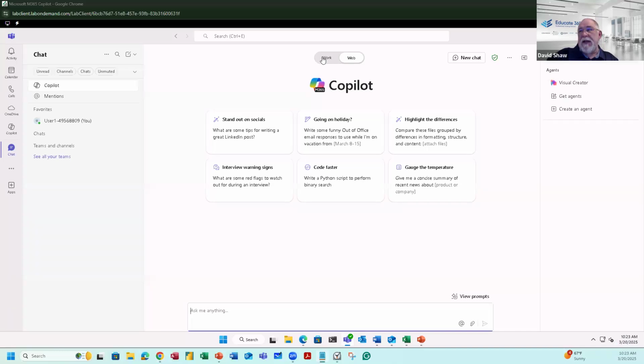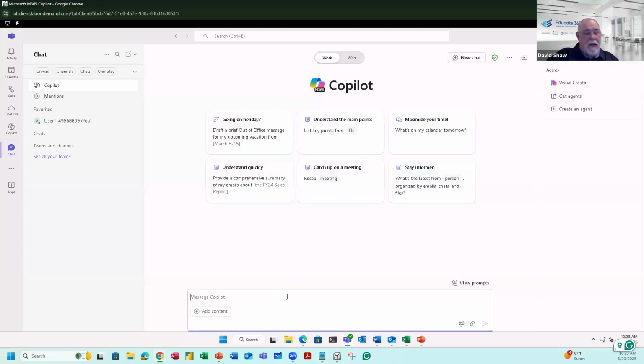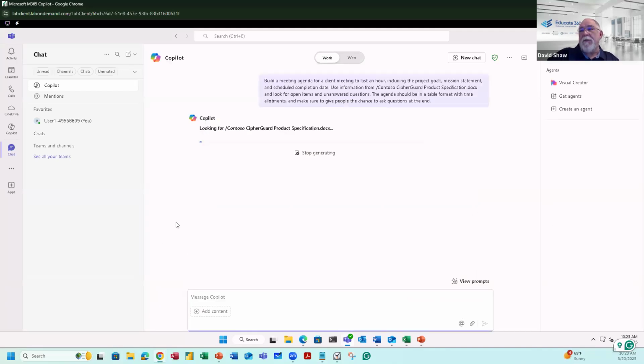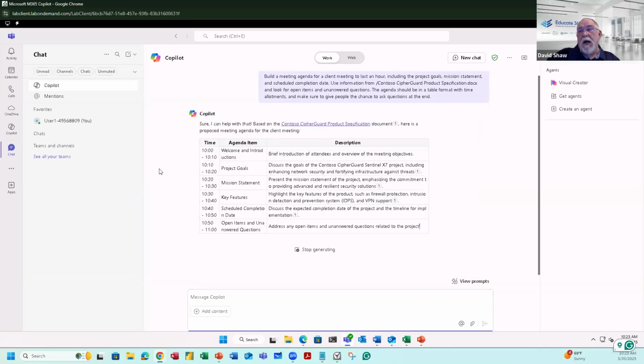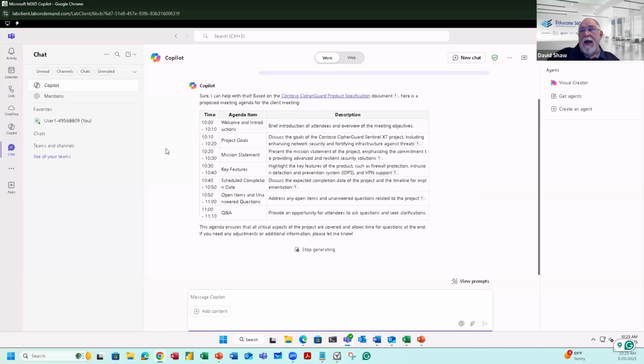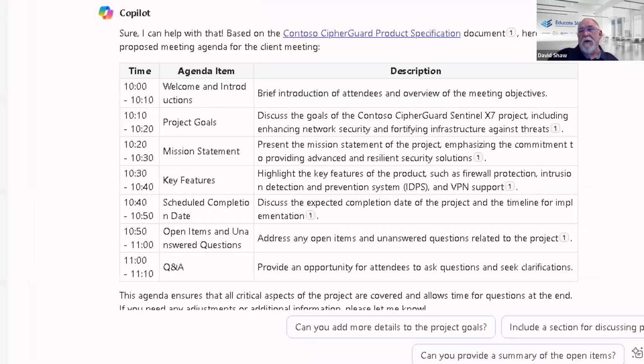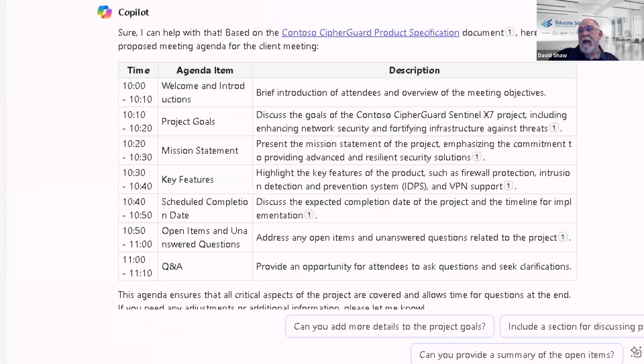Let me do this, and let's do that, and copy that one in. And I'm going to hopefully build an agenda that I can put into a Word document. So I built this off of Contessa CyberGuard product specification document. Here's a proposed meeting agenda for the client meeting, and it even gives me times, welcome and introductions, project goals, mission statement. It's actually trying to use some of the information from that particular document,